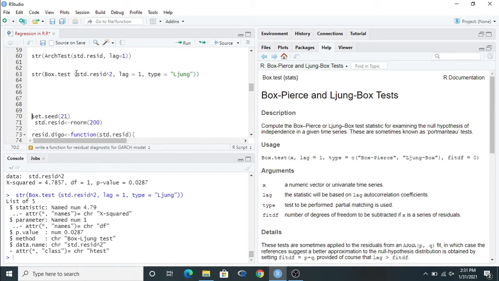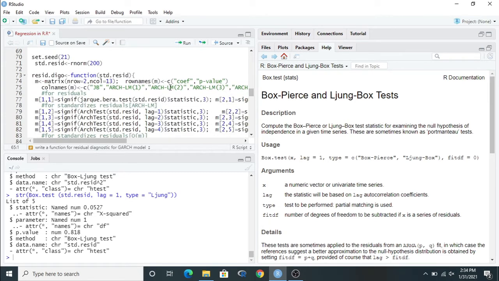In this case we use the squared residual, and you can also remove the square and run it on the residual. Autocorrelation in the original series indicates the linear relationship within the residual series, while the result for the squared residual series indicates the non-linear relationship or association within the residual series. In another way, we can say that when we use autocorrelation on the squared residual series, it is approximately similar to the ARCH LM test. Clear? So go to the function right now.